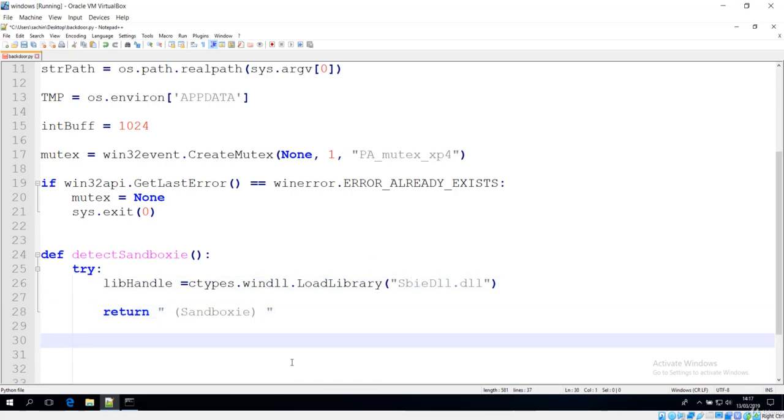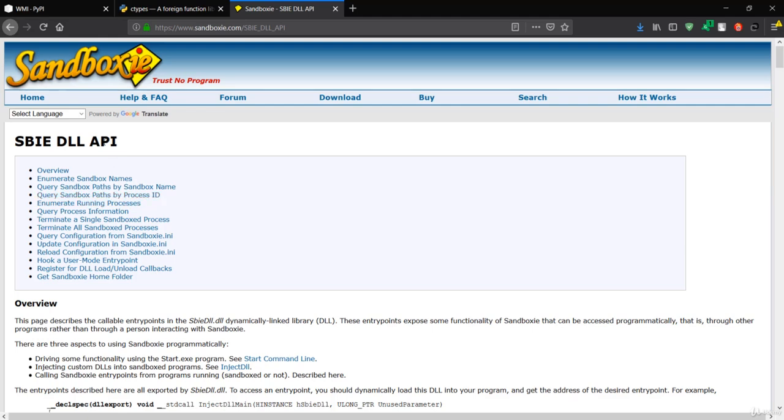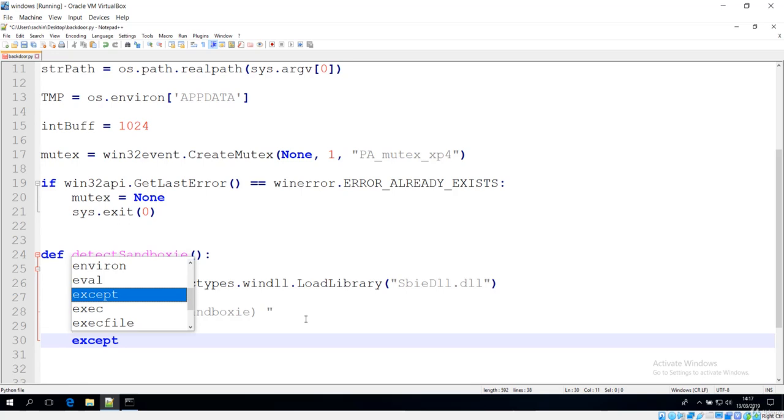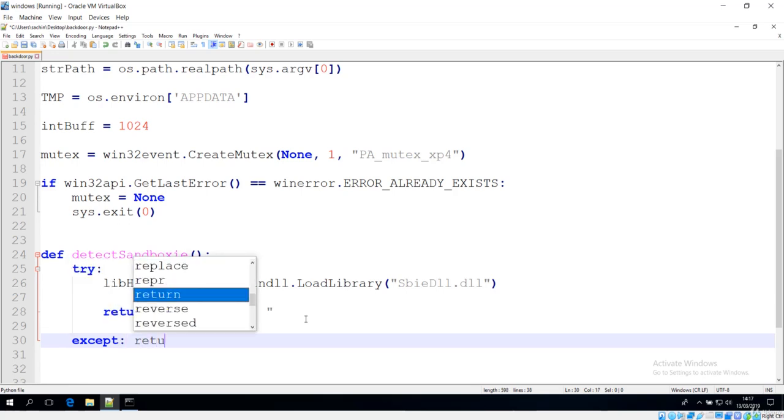And I have already said that installing a backdoor directly to that system will be very dangerous. So first of all, we'll check that in this program called Sandboxie, which basically gives a sandbox to download the application and see if that backdoor works perfectly in Sandboxie. The next thing is to catch the exception, and if there is any exception that we catch and we don't know what the exception is, we'll simply write except, because we don't know the name, which means we'll catch any exception that comes and we'll just return an empty string.